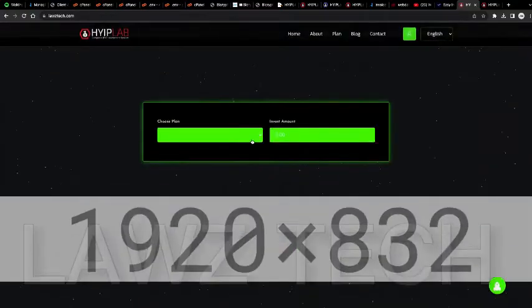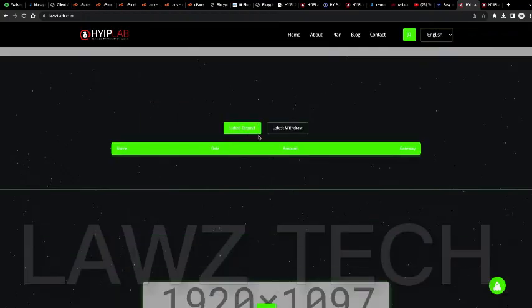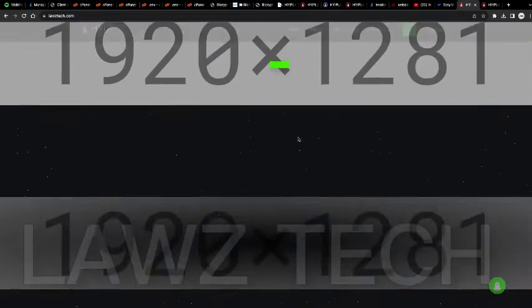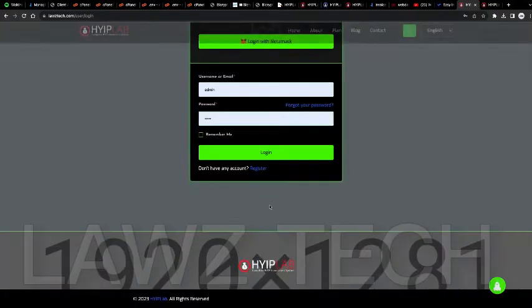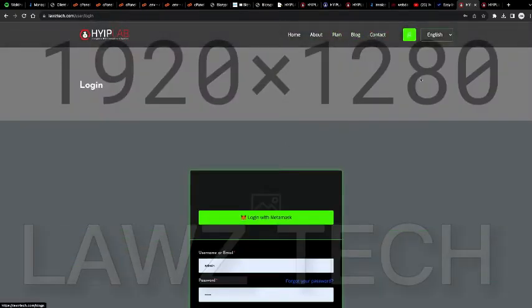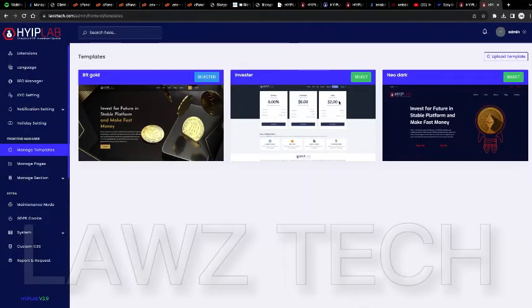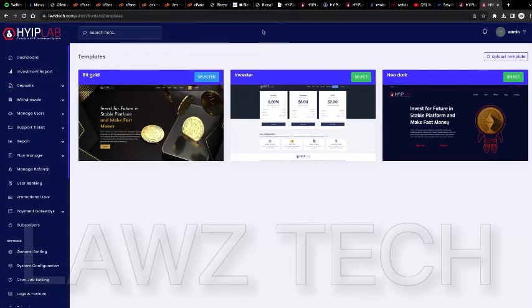This one has loaded already, so you have to go and upload the pictures, the logos and the write-up by yourself. Everything will be done successfully. You click on account login, register login. Here you can see everything is working perfectly right now. If you have another template that you purchased from Hyiplab, you can click upload template. And one major issue is that a lot of people have been having trouble setting up the payment method,